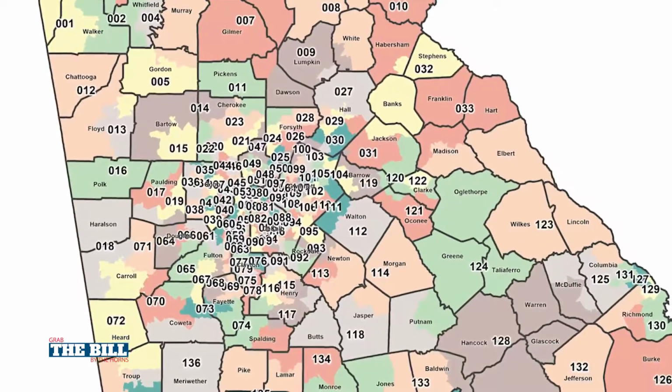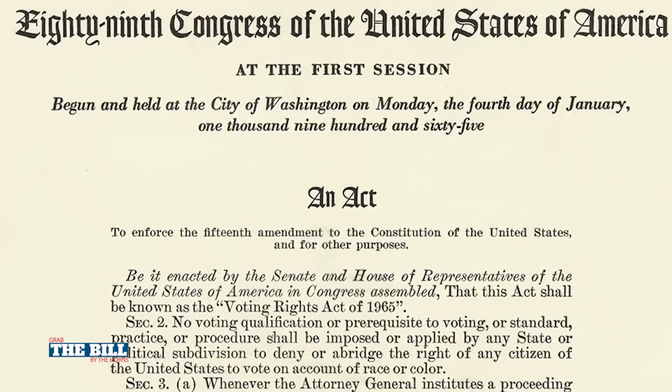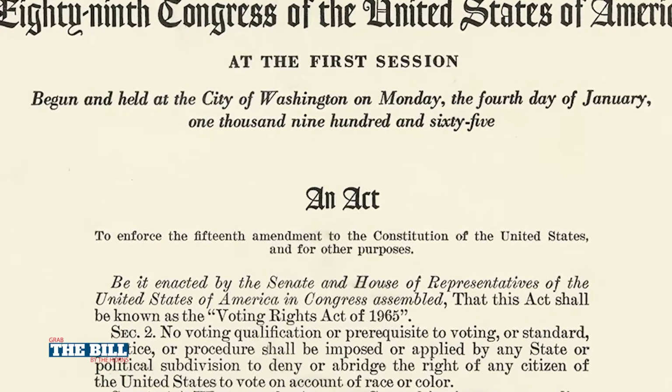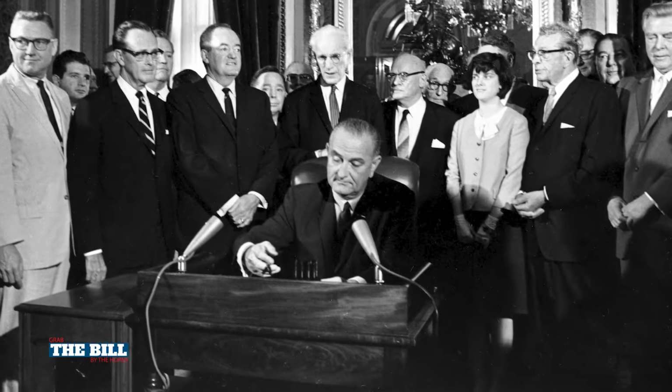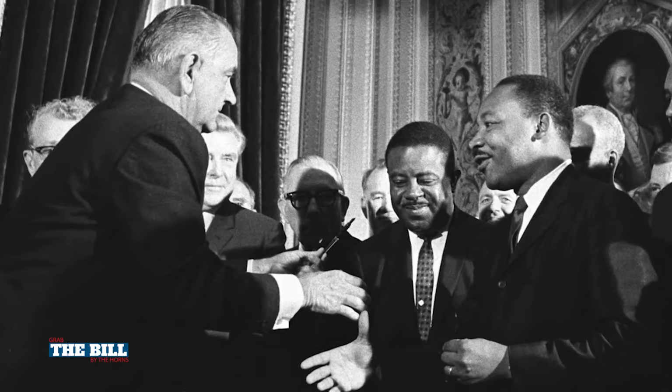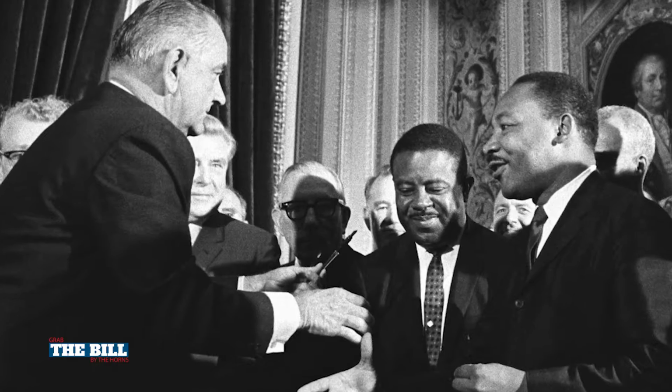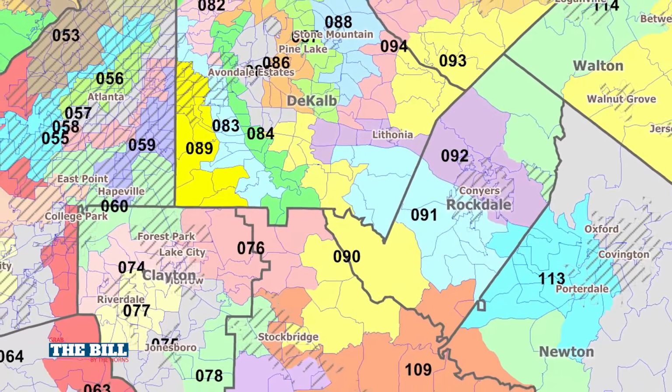The second reason is that maps must also comply with the Voting Rights Act of 1965 and with traditional principles of redistricting, like ensuring communities of interest are represented, avoiding major changes to existing representation in the legislature, and keeping